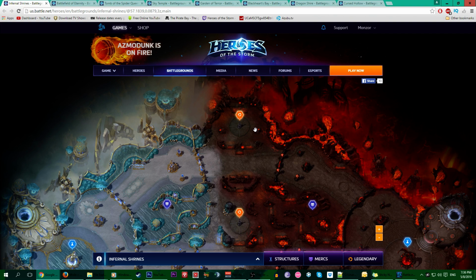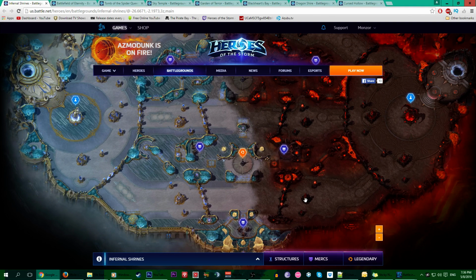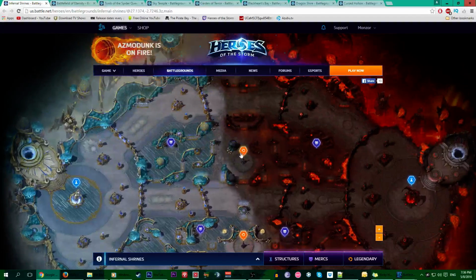Now listen to me, this is a crucial mistake that I've seen a lot of teams make. If you don't have an advantage, for example, if your enemy team is level 10 and you are 9, it's better to give them the objective. Okay, I can't stress this enough. If the top shrine is spawned, your job is to try and take this bottom fort. Because